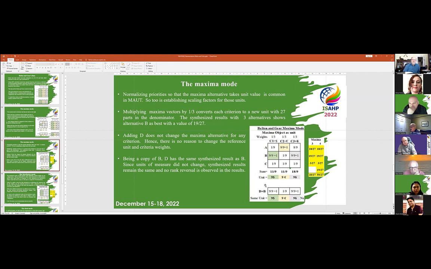And then when they added D in there, D did not change their units. They didn't get a bigger or better maxima. The units stayed the same. Now the priorities with 4 alternatives, still in the unit of 27, still gives exactly the same numbers. There's no change at all in the values of the alternatives. So adding D does not change the maximum alternative, and being a copy of B, D gets exactly the same